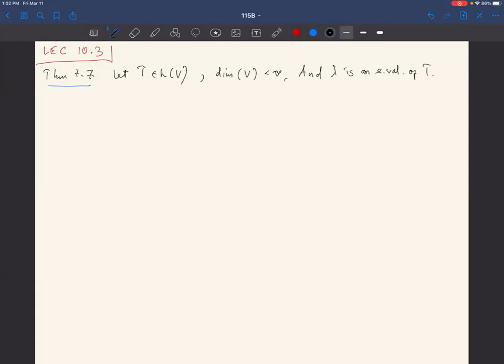So now we want to look at the generalized eigenspace corresponding to lambda. So then K lambda, the generalized eigenspace corresponding to lambda, has an ordered basis